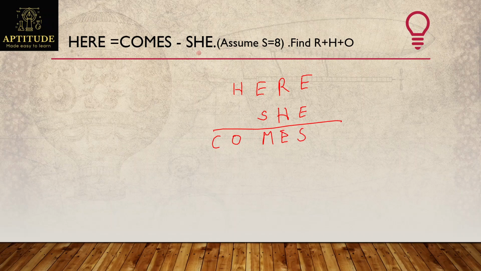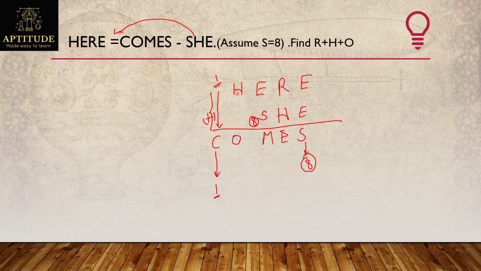Now this is an addition, right? If I take she to the other hand side. Now let's see. S value is given as 8. I'll substitute S value 8 first of all everywhere. Now see this. Above C, there is no value added, but still I am getting a value. And what we know here, if I am getting an extra value, it means I should get a carryover. So if I get a carryover 1, then C value will become 1.